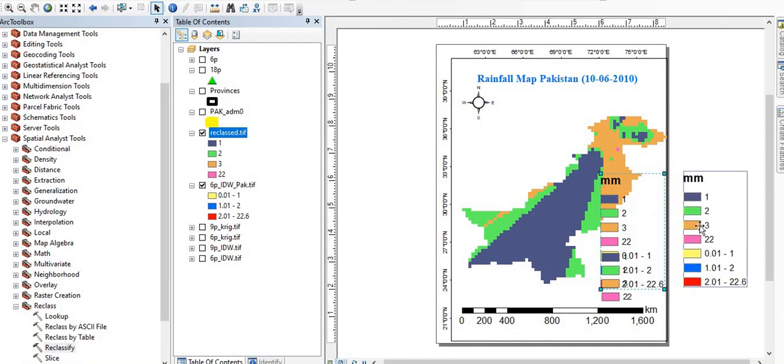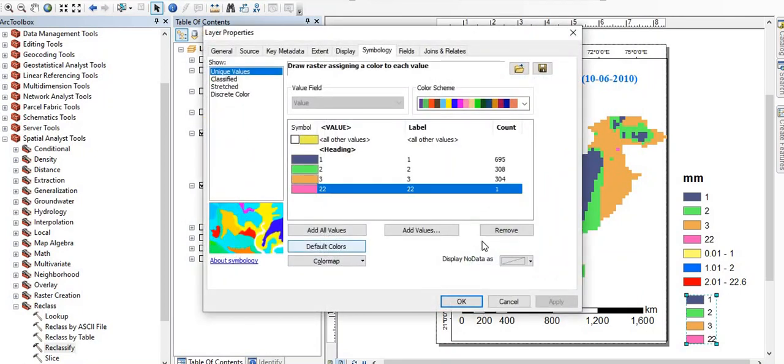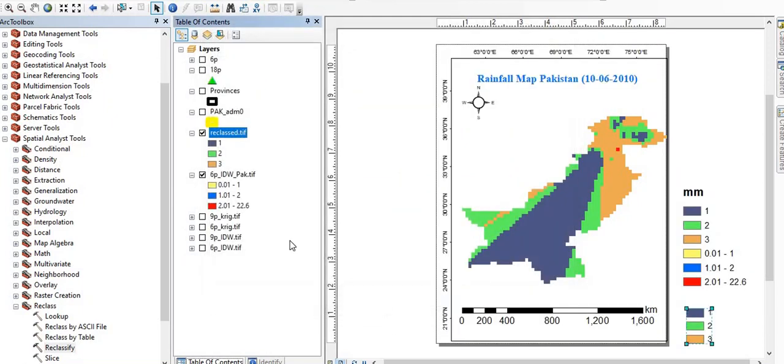You can move the legend just outside of this box at this time. Now 22 is the only pixel which is here, which is not present in this file. It can be removed, like in properties, 22 can be removed and OK. So we have only a dot, an empty pixel. So this is an error. If we increase the number of classes or use any other value, then this error can be overcome.